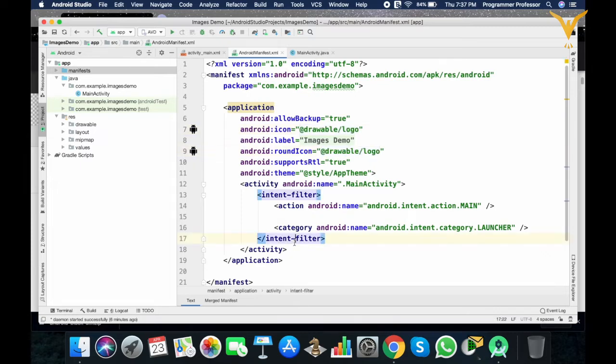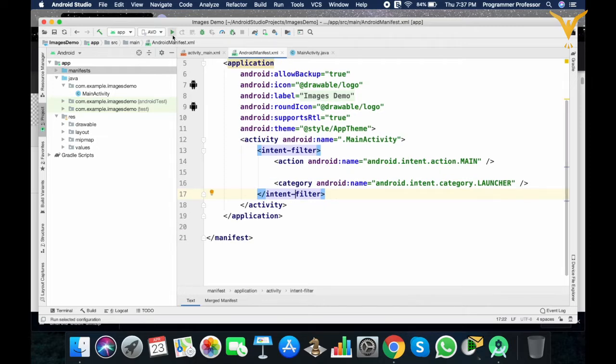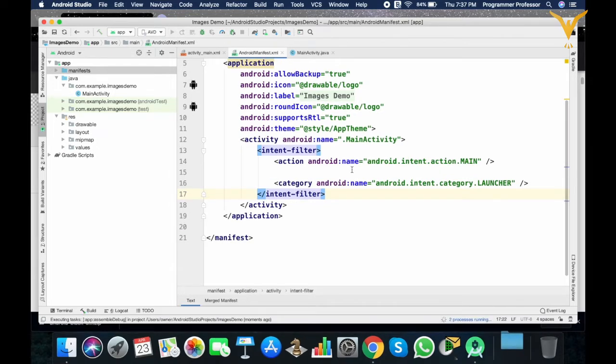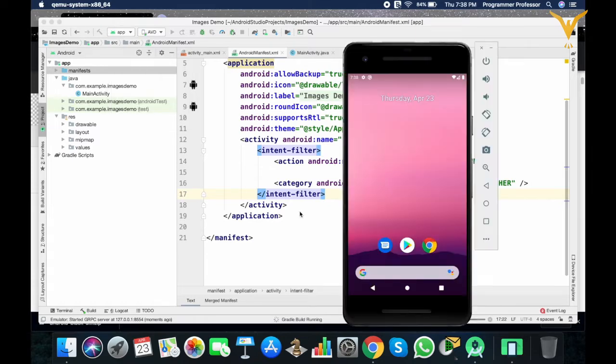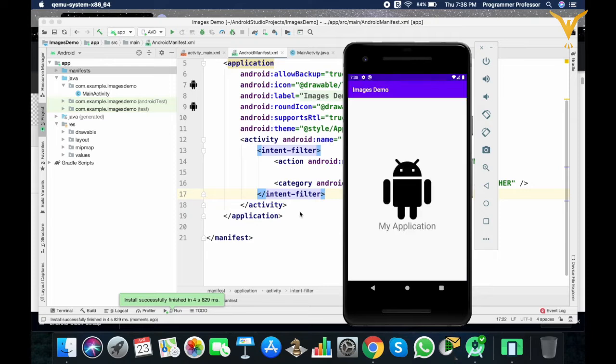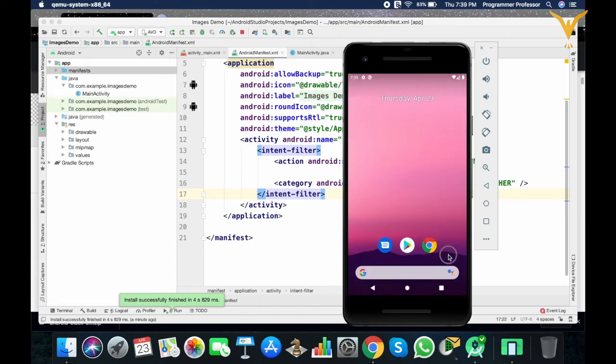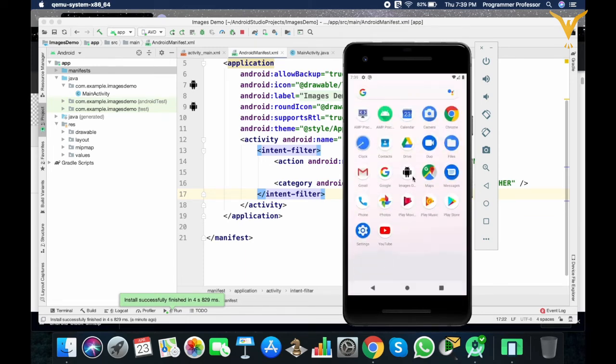Yes. Now let's run this and check. Yes, this image is at center, and below that we have the application name. So this is how you can add images to image view. Now let's check the icon. Now let's check the logo. Yes, here we have our logo.